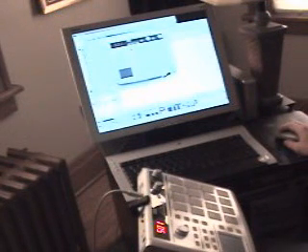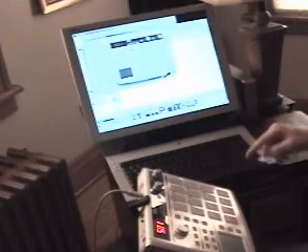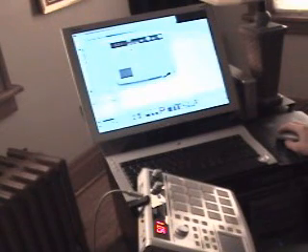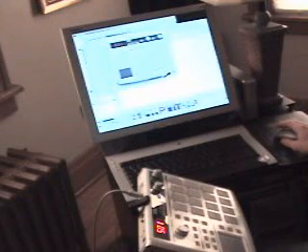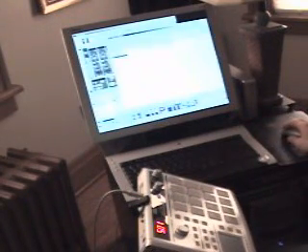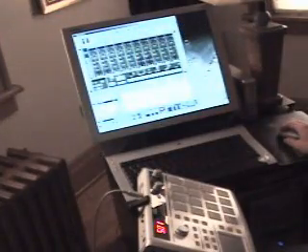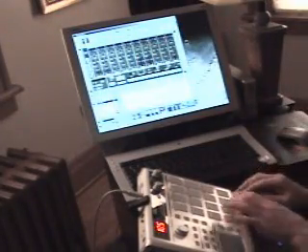That'll open up the editor. Alright, now the scene is loaded in the editor. Now we need to send it to the padKontrol so we can have these pad assignments on the padKontrol. But don't click Transmit. If you click Transmit, it'll send all 16 scenes. We only want to send this one Redrum scene that we just loaded. To do that, go to MIDI and then go Transmit Current Scene Data, and that'll transmit just the one scene. Alright, so now we can close out of this, and if we go back to Reason now,